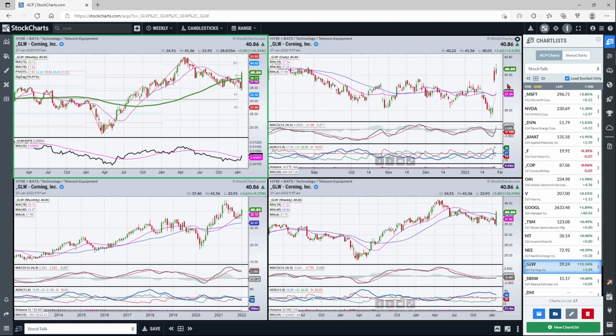Corning. I do like what's going on here. Now, because there was so much overrun here, and look at the ADX, strong selling based on the sellers, this ADX reading. I would force this to do a little bit more. Now, I know this has got a pretty nice move here, and green DI just took out red. What I'm looking for is a successful test of the moving average, like the 18, come down here and actually turn up and pivot, make a pivot low, and maybe even come down under 40 and then come back above 40. And if we can pull that off, or if this goes a little higher and then tests 40 and holds it, then I would have a lot more confidence that this is a true turn.